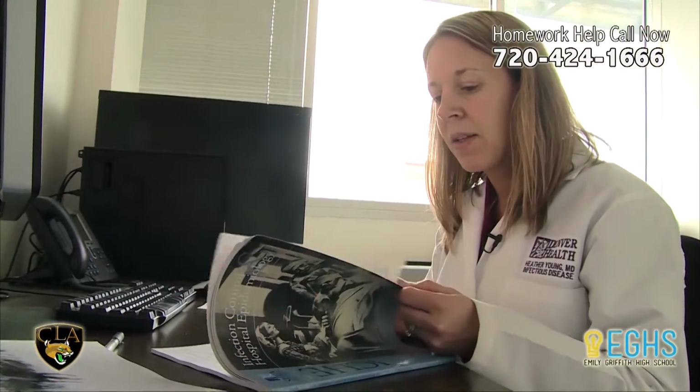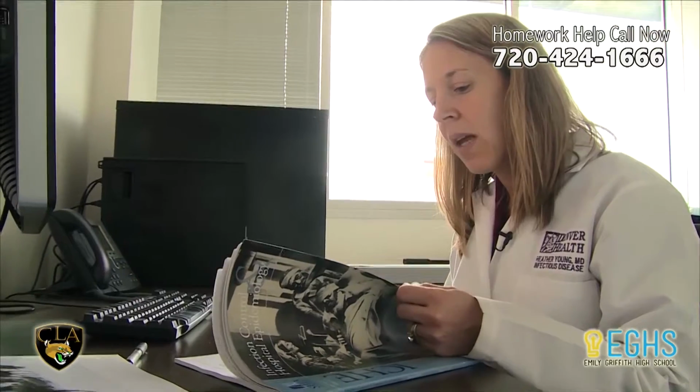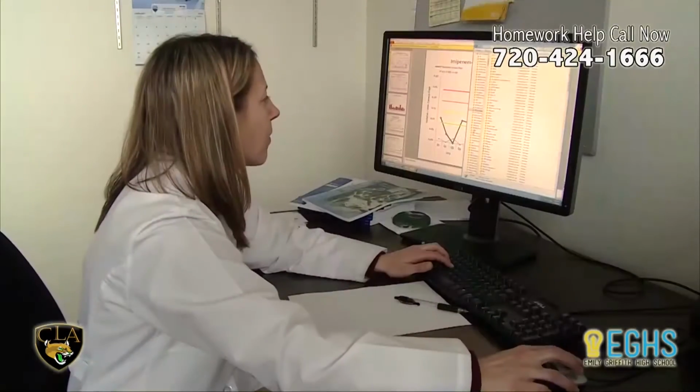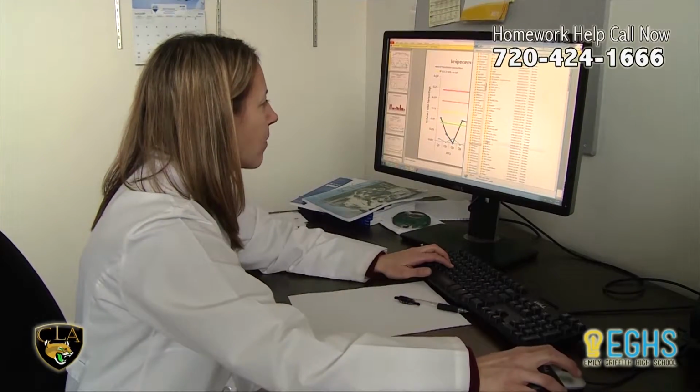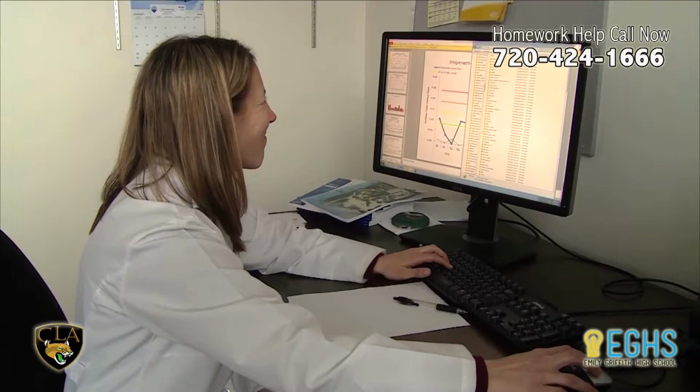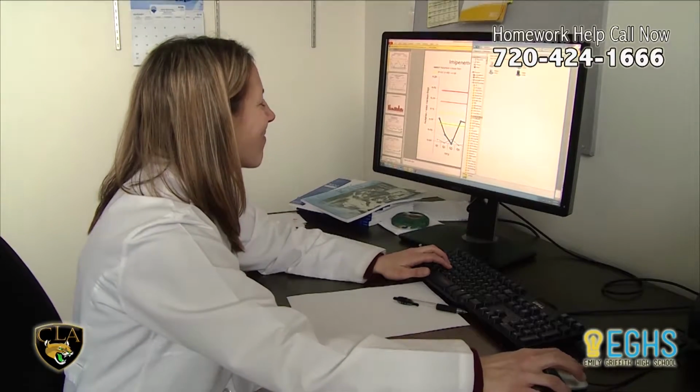So here at the hospital, some of my jobs are to follow trends in influenza, to follow our seasonal trends, and also to work on hospital-acquired infections and to try to prevent outbreaks and spreads of infections throughout our hospital. So do you focus just on influenza, or is it kind of departmentalized based on different infectious diseases? It depends on the season.